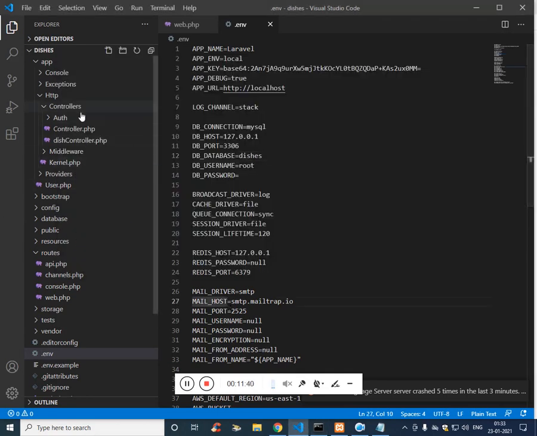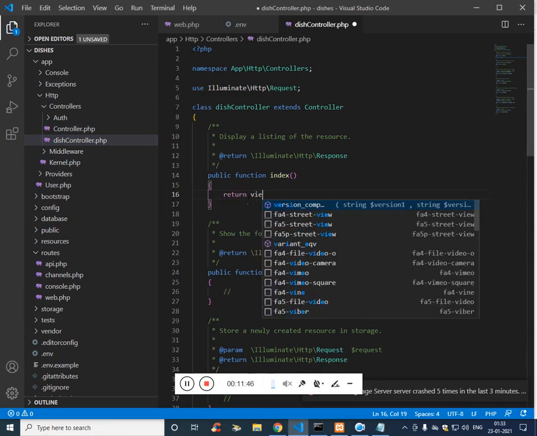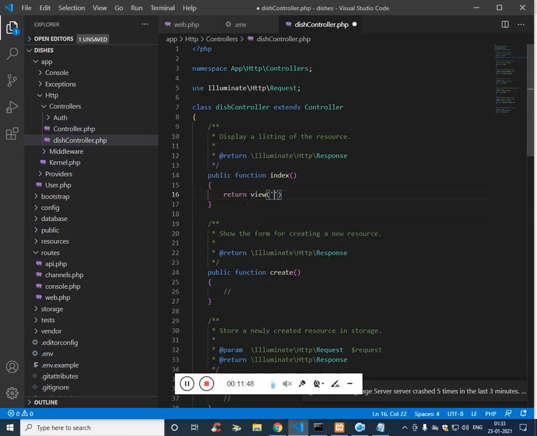On the controller, you have to get into the index function and return a view. The view name is going to be show_all_dishes, which is the file name.